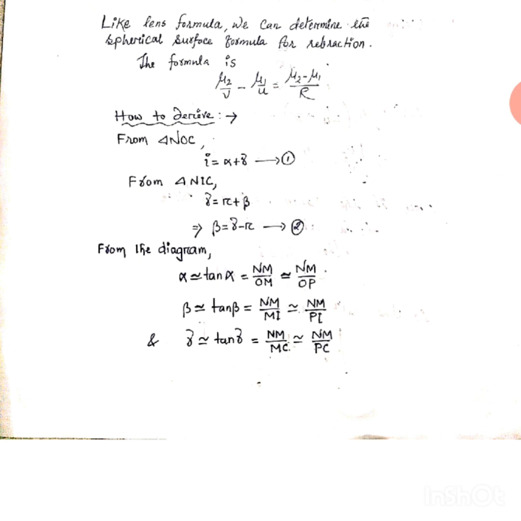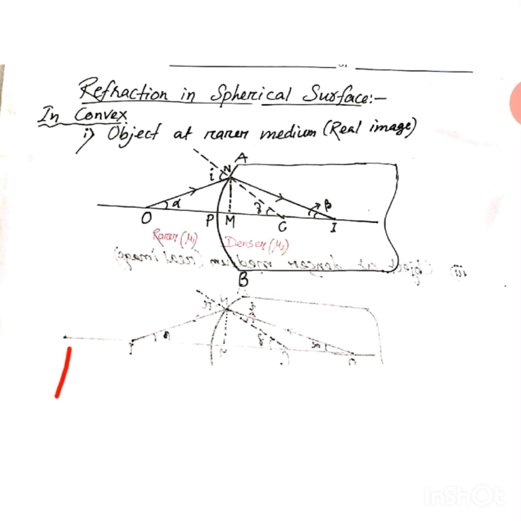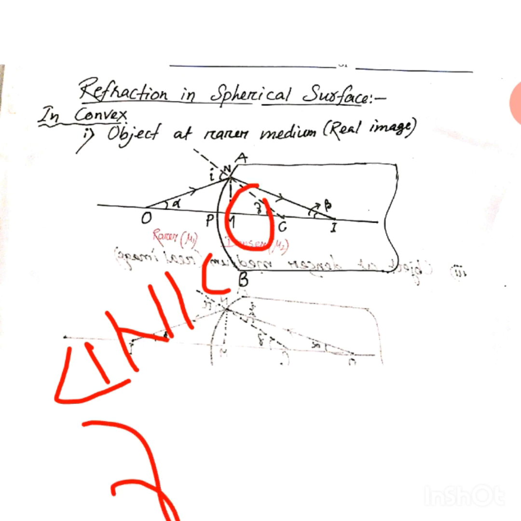Again, in the triangle NIC, you see, what is the exterior angle? Gamma is the exterior angle in the triangle NIC. Yes, gamma is equal to what? Gamma is equal to